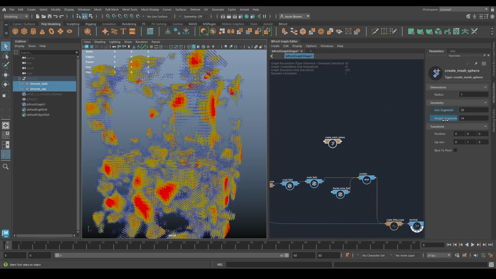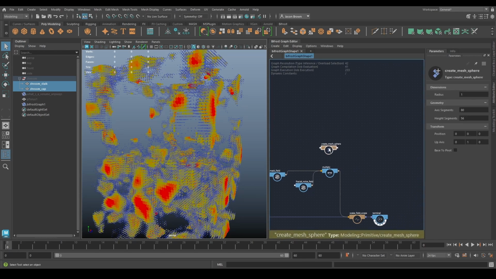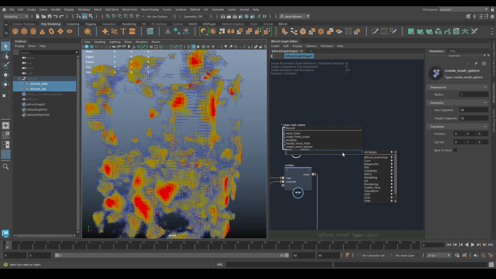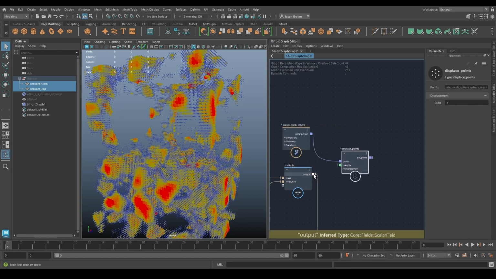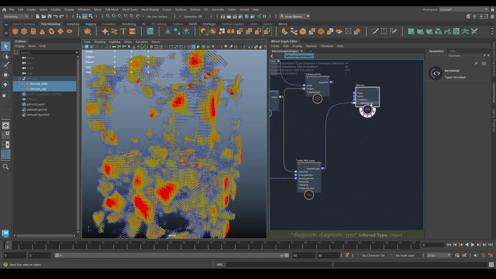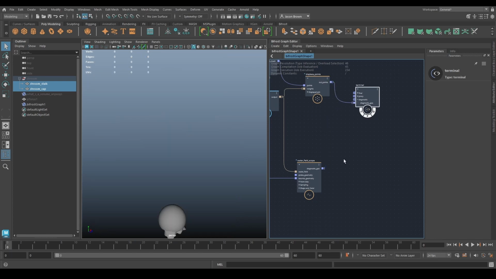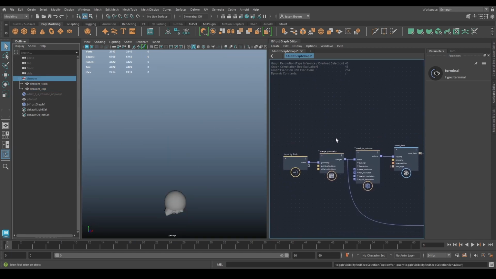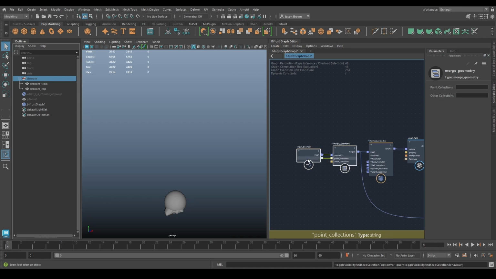We'll just up these a bit, just so it's got a bit more resolution to it, because what we're going to do now is displace it. So we're going to displace this sphere with this field, and now, hooray, we can go ahead and use our terminal again. I'm going to really quickly make a nice transparent shader so we can see what's going on,